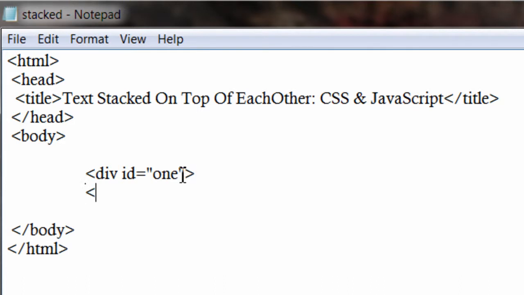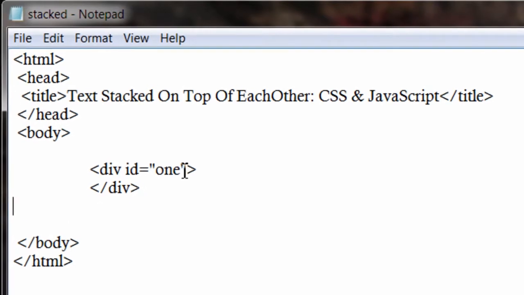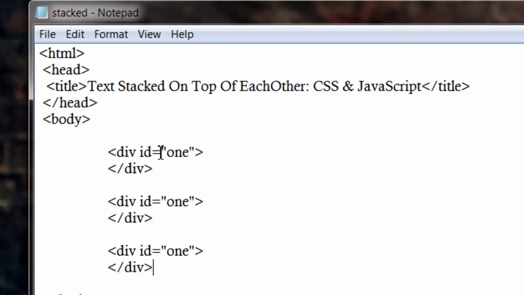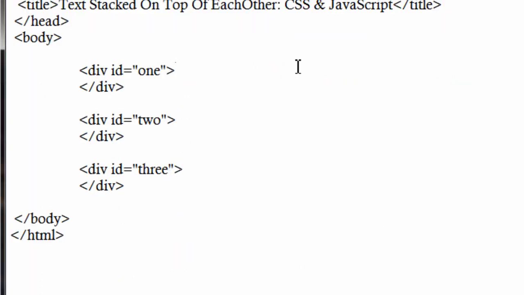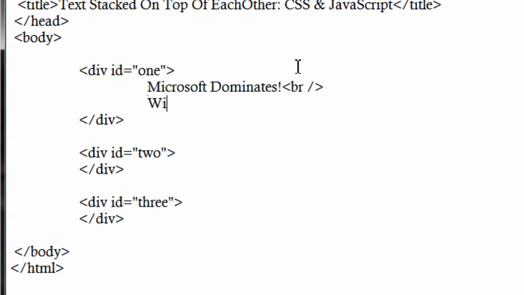Okay, let's get started with the HTML file. We shall take div tag to write our text. I will copy and paste it and give some unique ID names. I'll call it 1, 2 and 3. Let me keep the text short because I don't want you to waste time by watching me type something random. Okay, for this tutorial I will write the cascading style sheets and JavaScript, that is CSS and JS, in a separate file and link it in the header of this HTML page.